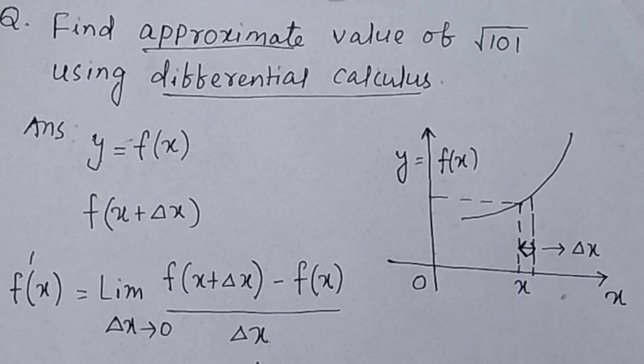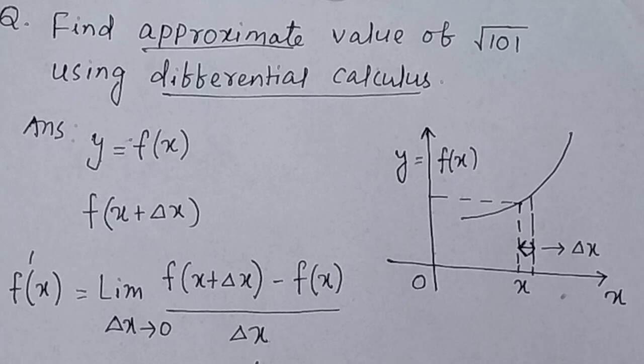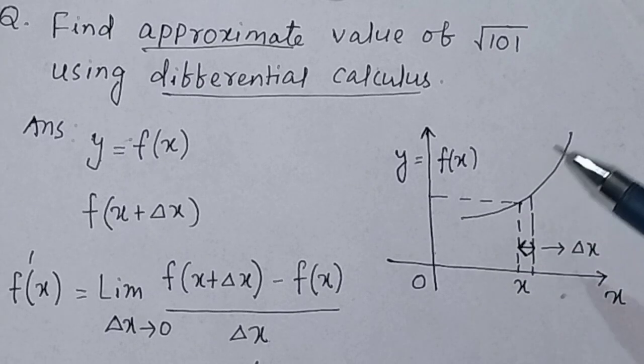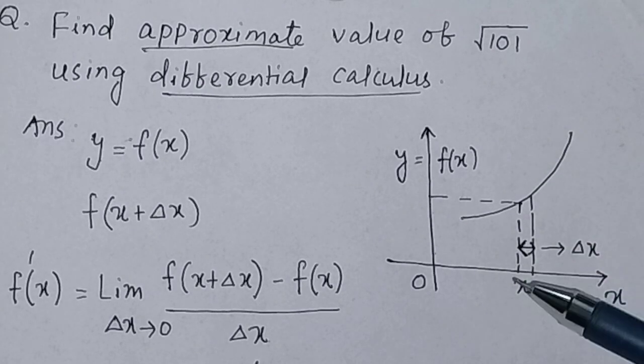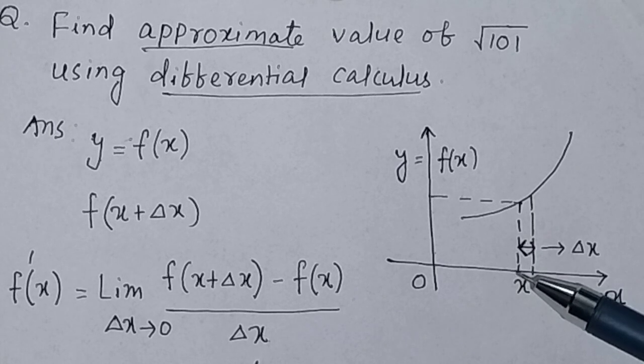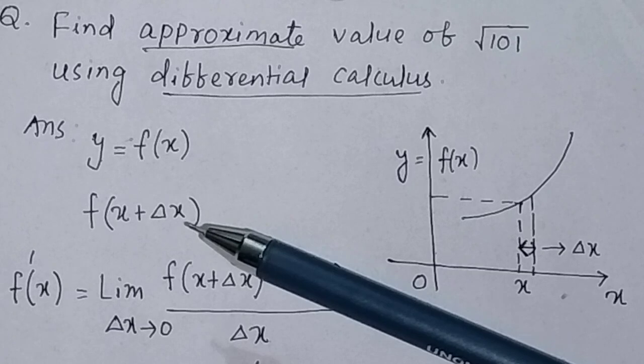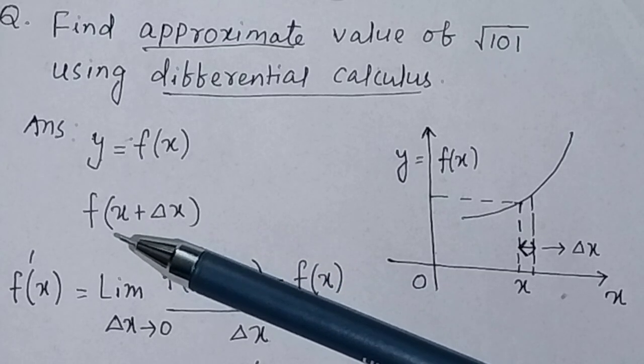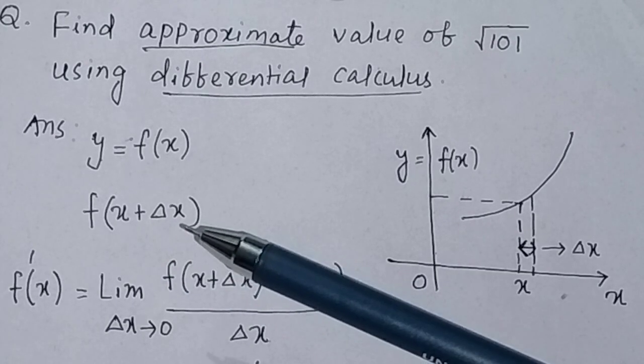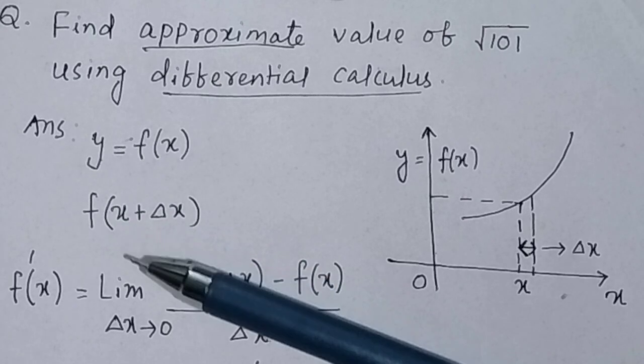Find the approximate value of the square root of 101 using differential calculus. How do we generally find the approximate value of a given function? Suppose the given function is y = f(x), the exact value is x and the approximate value is x + Δx. To find the approximate value of this function at x + Δx, we generally